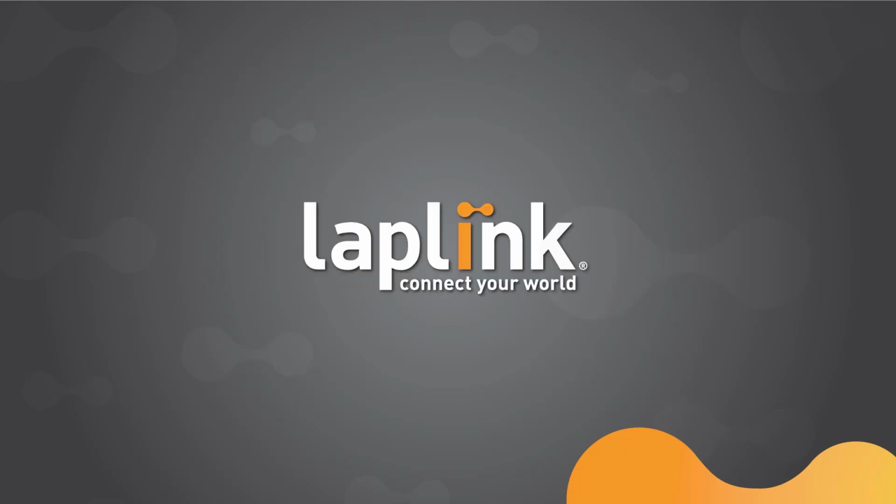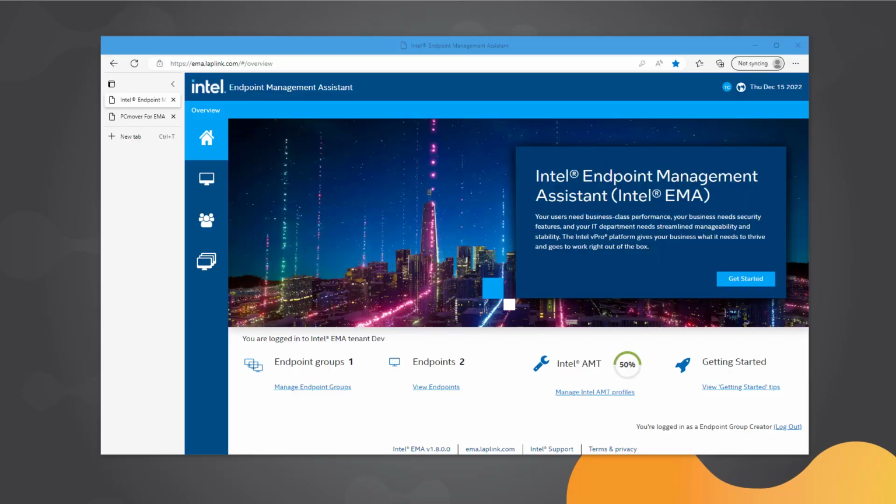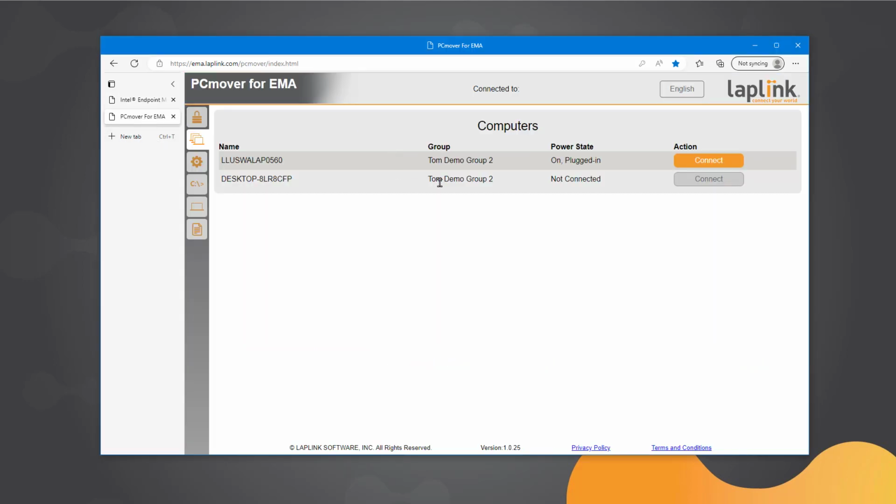Finally, for this session, let's look at our latest improvement to PCmover, which is integration with Intel Endpoint Management Assistant, or EMA, to perform PCmover transfers with Intel vPro-enabled PCs. What I have here is a standard installation of Intel EMA that is managing some endpoints. What we have done is to write extensions to the EMA server that allow PCmover to leverage EMA's capabilities. We have a simple web interface running on the EMA server to configure PCmover,